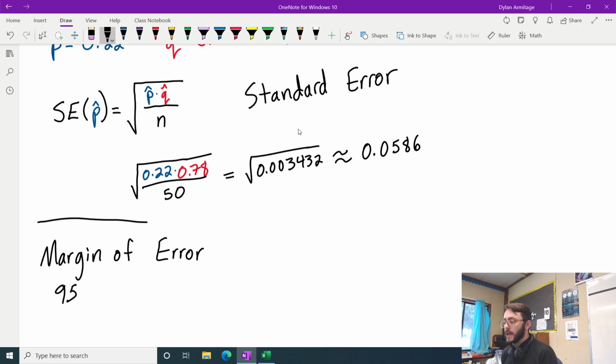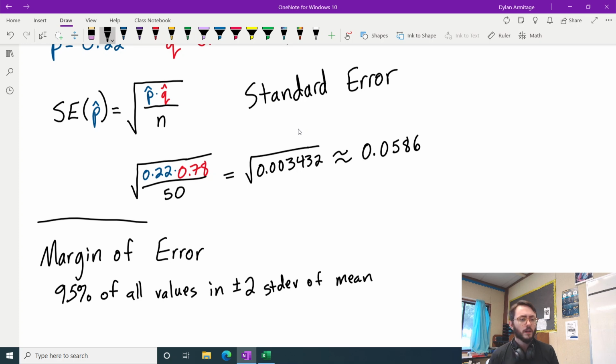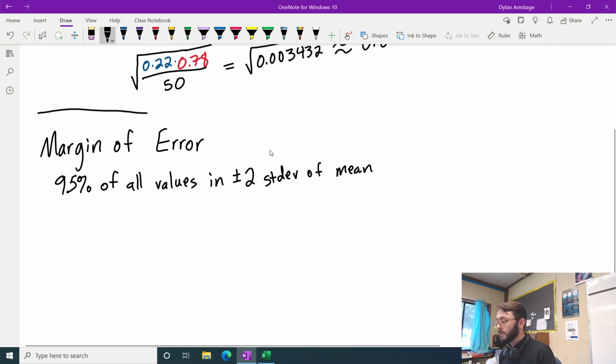Well, okay, according to the normal model, approximately 95% of values are within plus or minus 2 standard deviations of the mean. Okay, so we're going to use that. Okay, our margin of error is our, how sure we want to be. So in this particular case, it would be 2 times